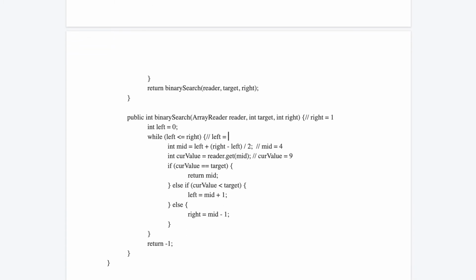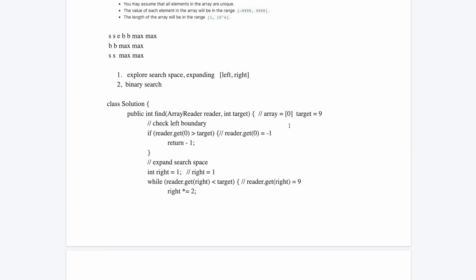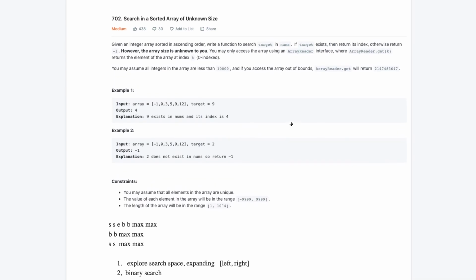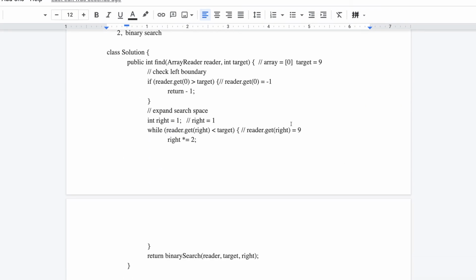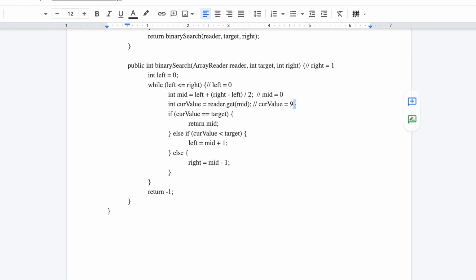So left will be 0 and mid value will be 0. And so our current value will be 0 as well, and 0 is smaller than the target, so left will increase to mid plus 1, which is 1,